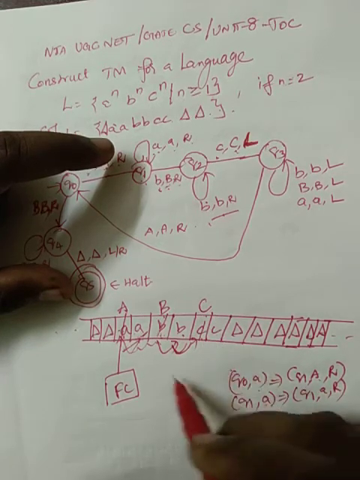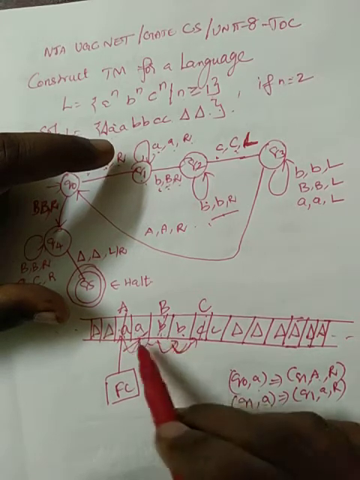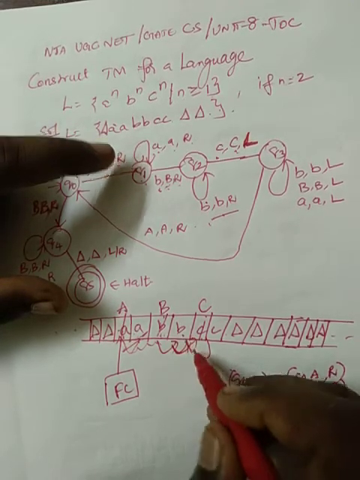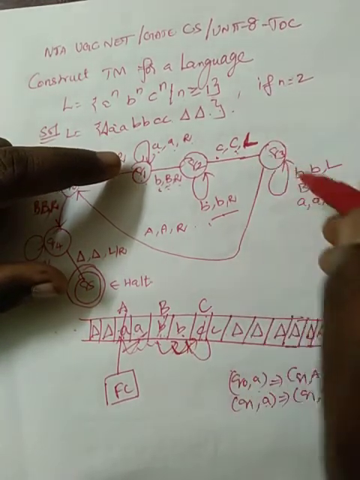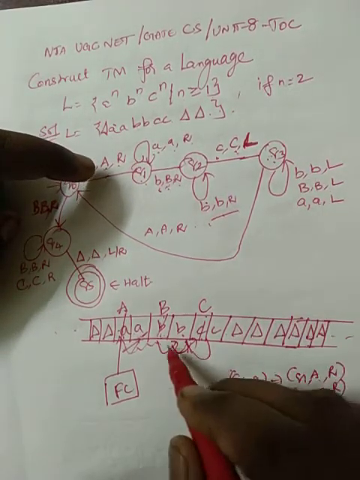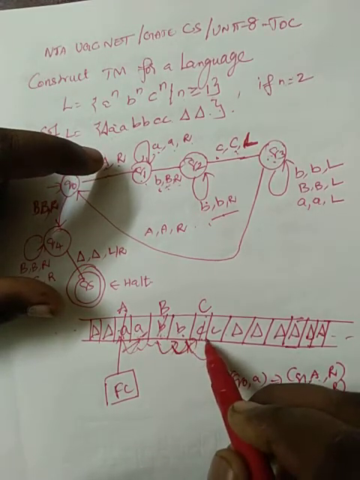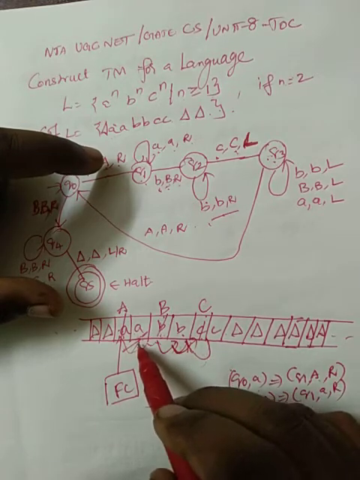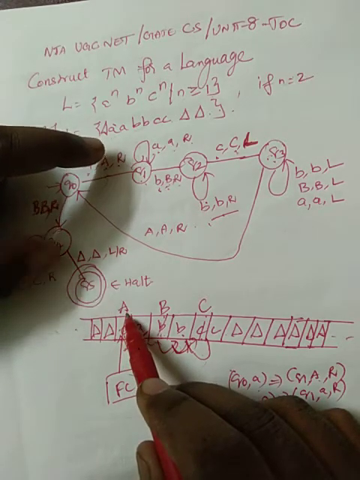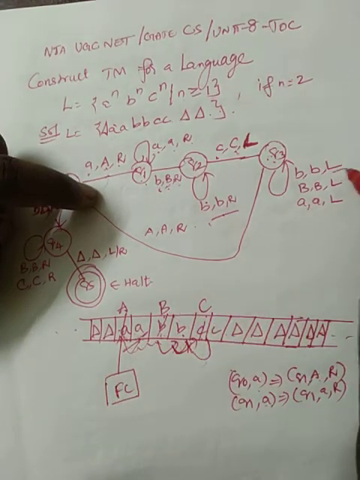Our target is to recognize the next small a followed by the next small b followed by the next small c. So I want to come back in the left direction, and for that we go to q3. From here we want to cross all these symbols and reach the capital A here. For that, to move back, I use the left direction.